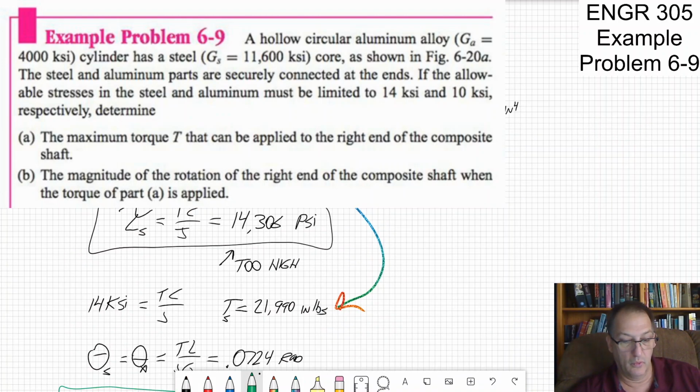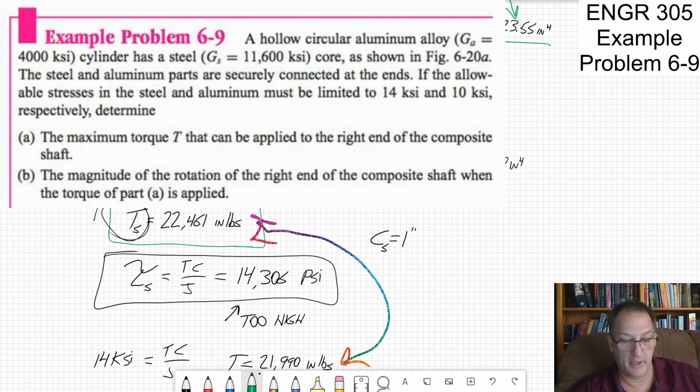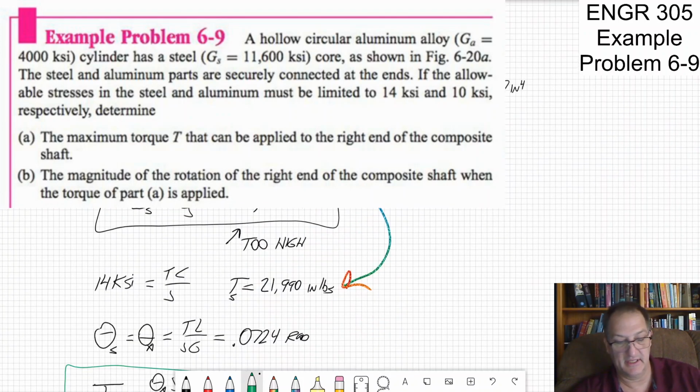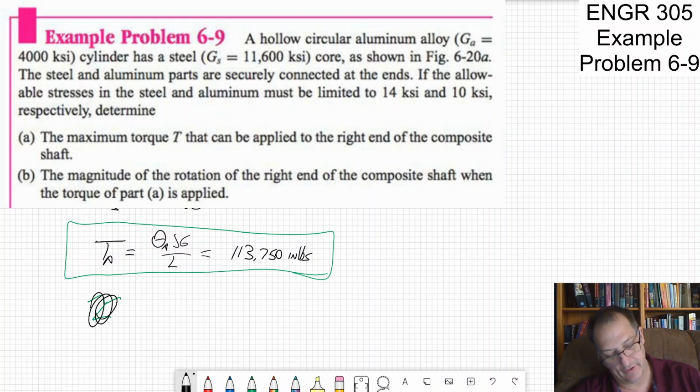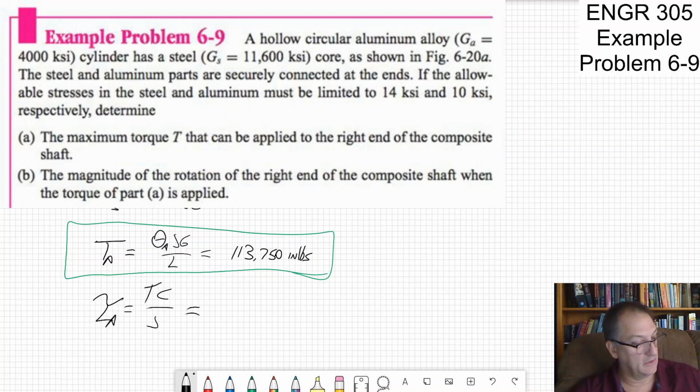113,750, which compares to before when I had 117,000. So now I'm 4,000 different. And now using that torque, I can get the stress, in black. The stress in the aluminum is equal to TC over J, which is going to be equal to